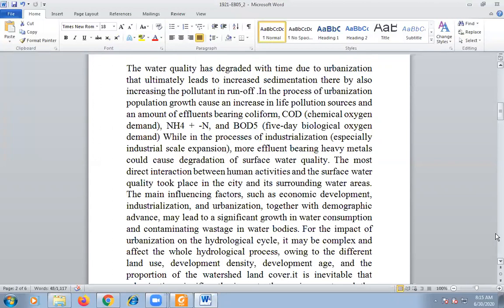So here, first we started with water quality, because industrialization and urbanization affect water quality and the surface quality. Due to industrialization and urbanization, water quality and soil quality are largely affected. So, in your topic,